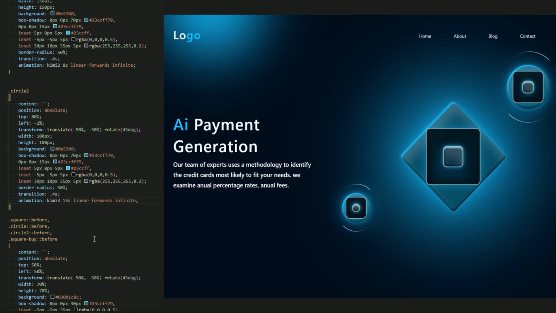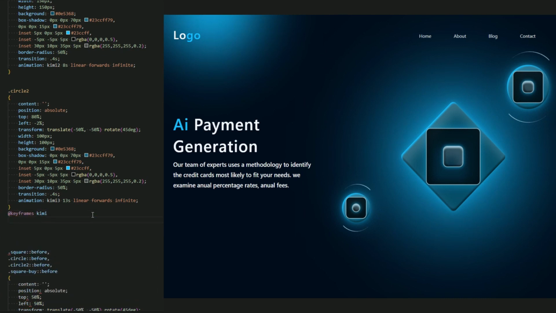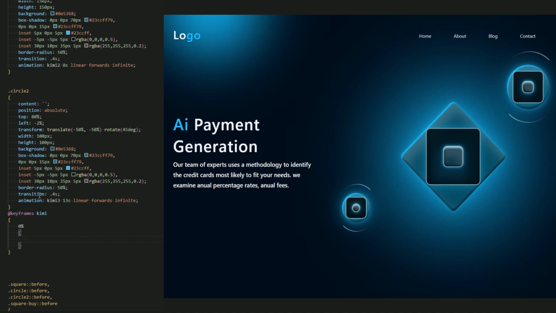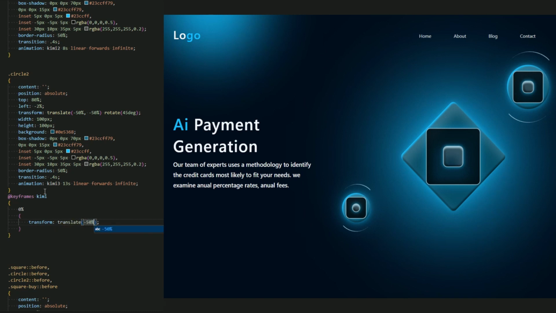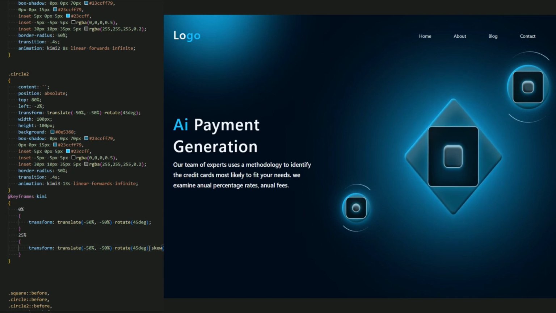Now for keyframes, I start with the keyframes Shimmy of square. So 0% be the same. Transform translate minus 50% and minus 50% and add a rotate 45 degree. Be the same transform. Okay, now let me just add a 25%. Now 25%. I just add a skew and be a 14 degree,